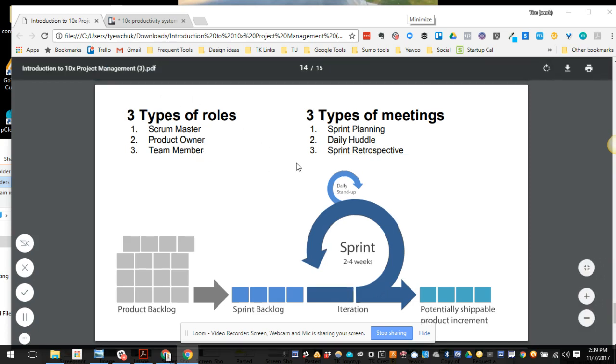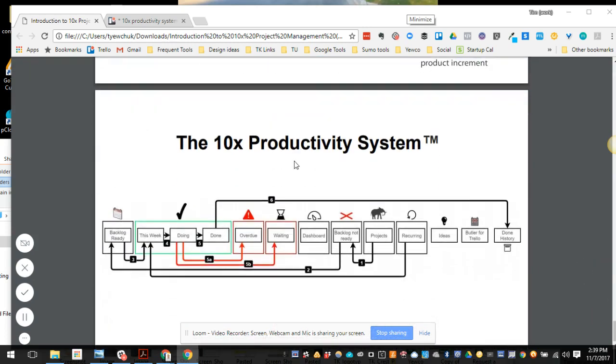In the next video, I'm going to get into our overall system, and then we're going to jump right into the software and learn how it works. And there's some automation in here. It looks fairly overwhelming at first, but I'm going to run through a couple project scenarios with you so that you'll get the hang of it and you'll be able to do it